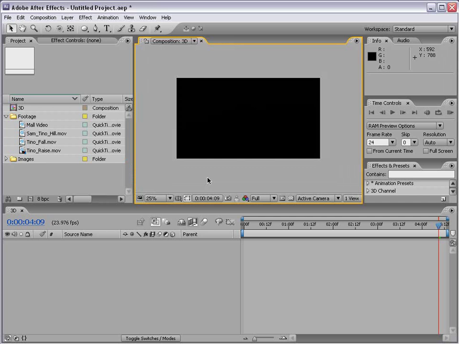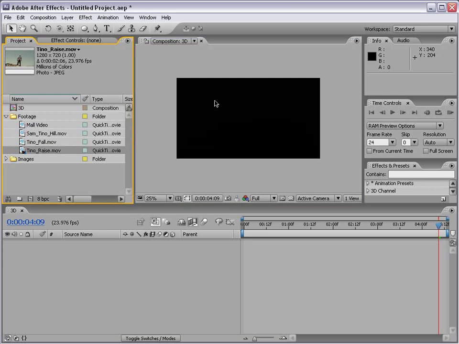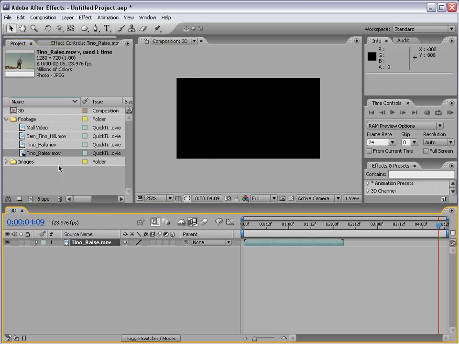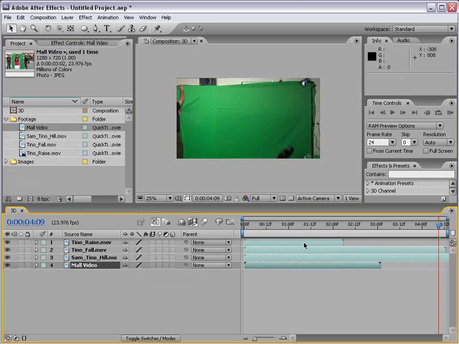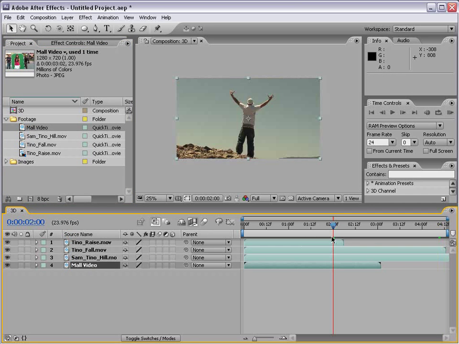What I have is a blank composition, and I'm going to take some of my media here and just stick it into the comp. So I'm just dragging it out. Now, I'm going to also trim the composition and just drag the work area in, right click and choose trim comp to work area. So now we just have these 4 layers and they extend to the length of the